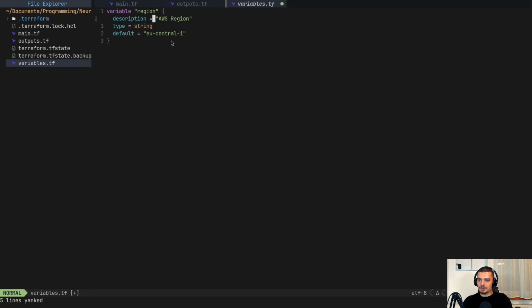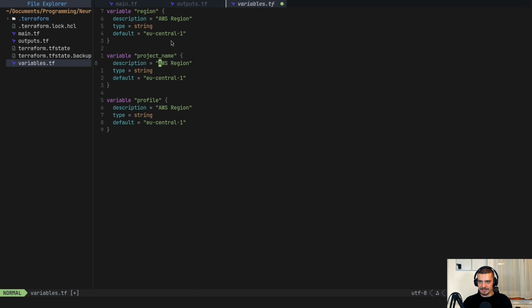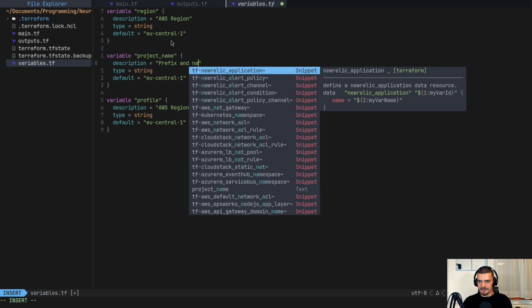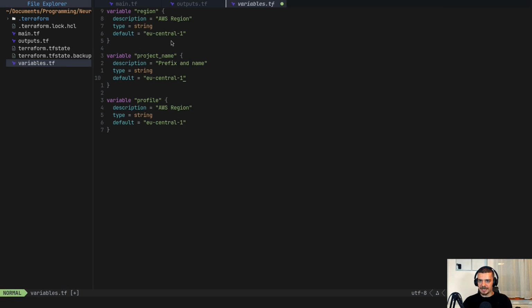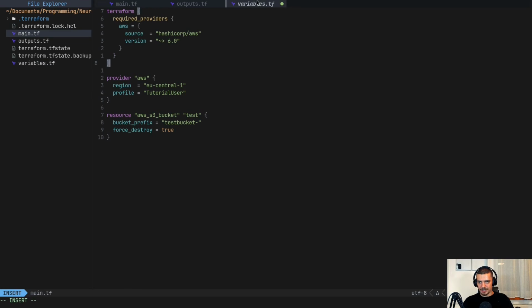Now we can copy that, and we can do that for two more things, for the project name and also for the profile name. So we can do profile and project name here. That is going to be the prefix and name, also a string. And by default, what did we call it here? We called this test bucket.